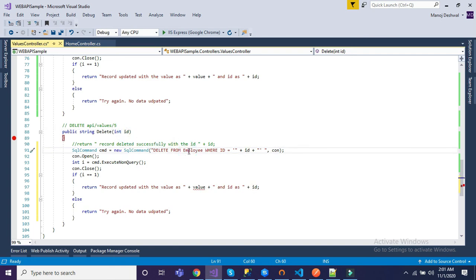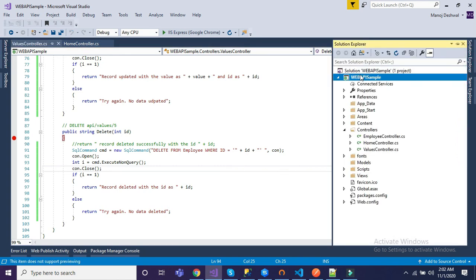If the id exists, it will delete it. All right, so let me also change the text to deleted with the id as id. All right, no data here, also no data deleted. Perfect. Let me save it.